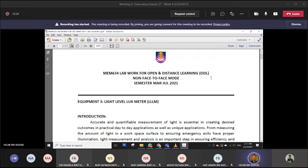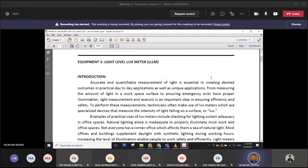So this is where we would like the students to measure that and see whether it is sufficient or not, and to discuss possible interventions or improvements that they could suggest, and also what the effects are on the human operators sitting at the side walls compared to those sitting in the middle of the hall. So in this third equipment, the light level lux meter, or I just call it the lux meter,